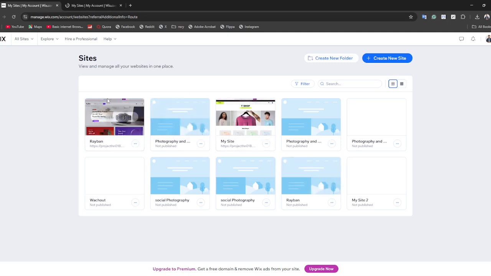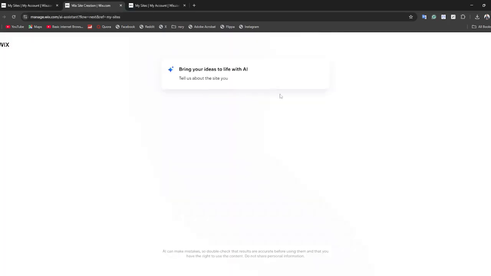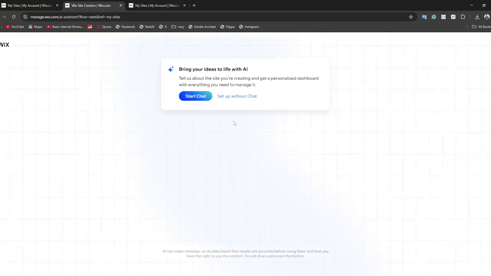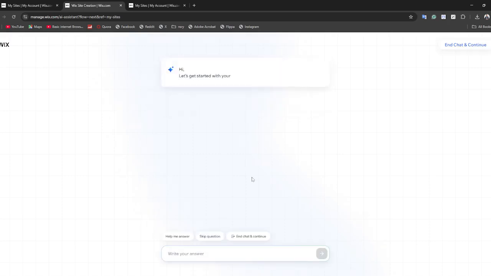into it. As you can see, I have previously made some websites here. So today I'm going to show you from the beginning how you can create a new website. So at the top right corner you can see this option, create new site. Tap onto it. So after clicking on create new site, you have to enter all the information to AI,